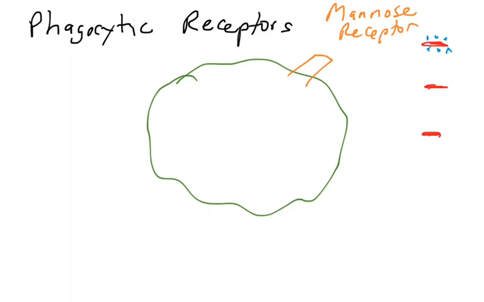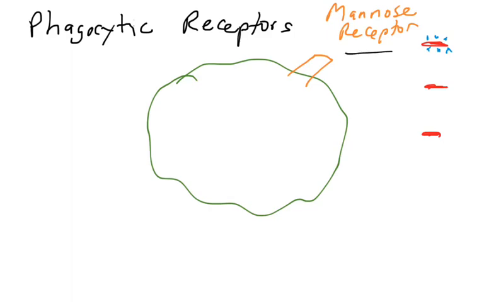There are a number of them mentioned in your book, but you don't have to know all of them. I just want you to know a couple. For example, the first one is the Mannose Receptor. So here's a pathogen on the upper right. In blue is a sugar called mannose. Mannose is a sugar that's commonly found on pathogens, not all pathogens, but some. And if the pathogen is covered in mannose, recognized by the Mannose Receptor, which is a protein found on the surface of phagocytes such as